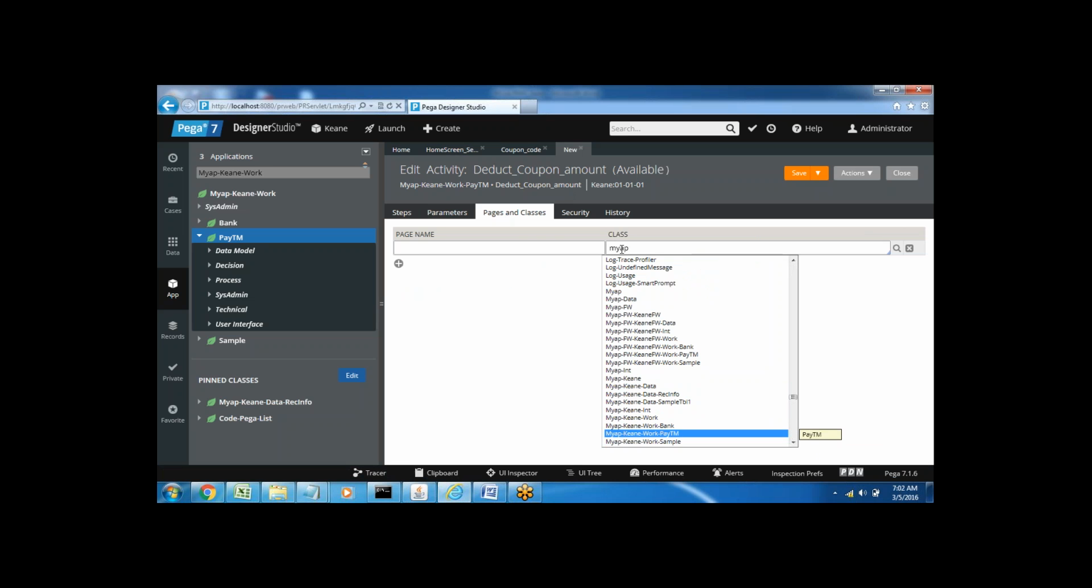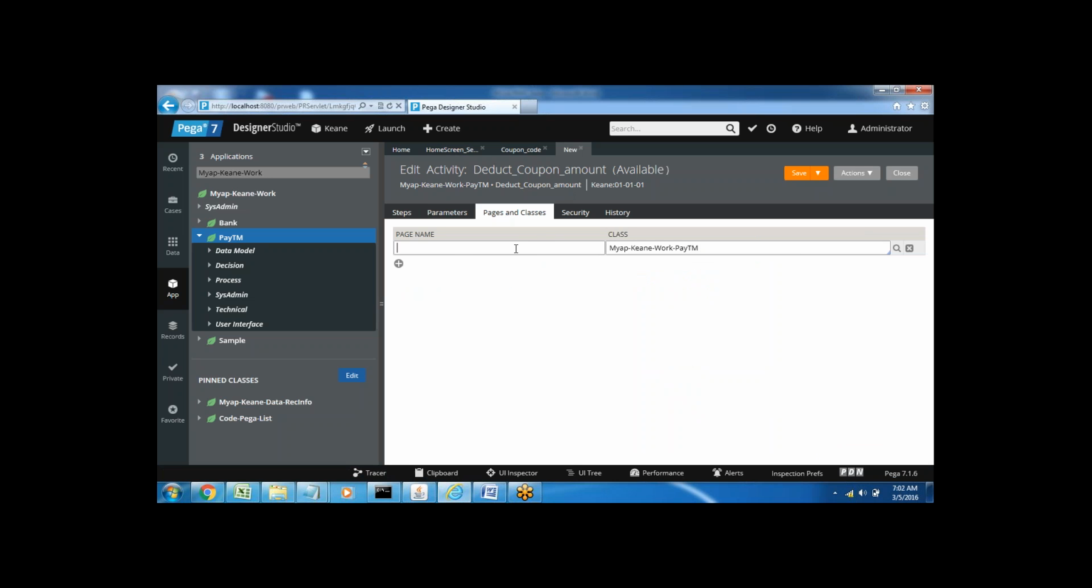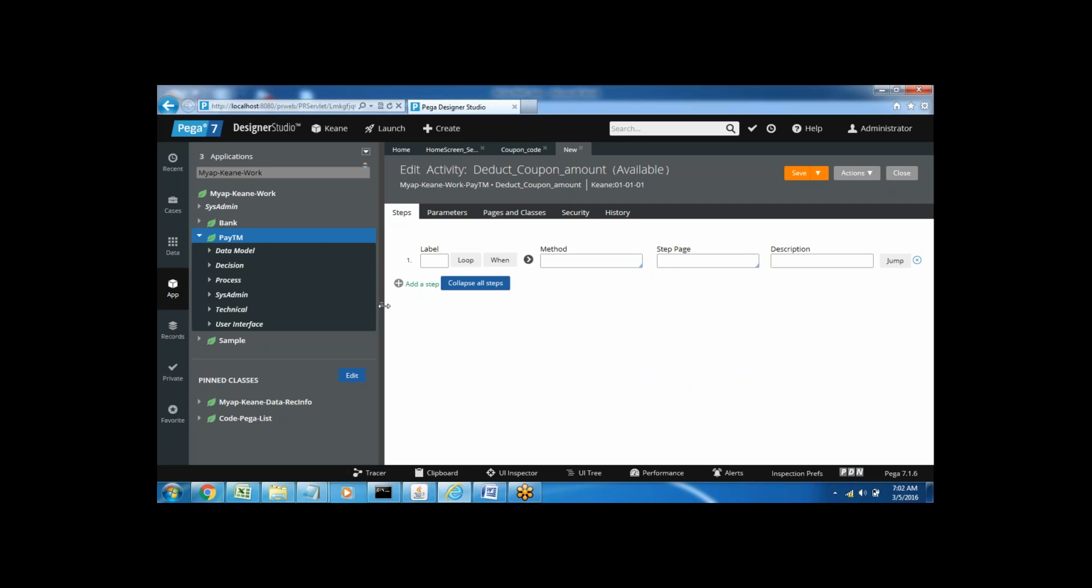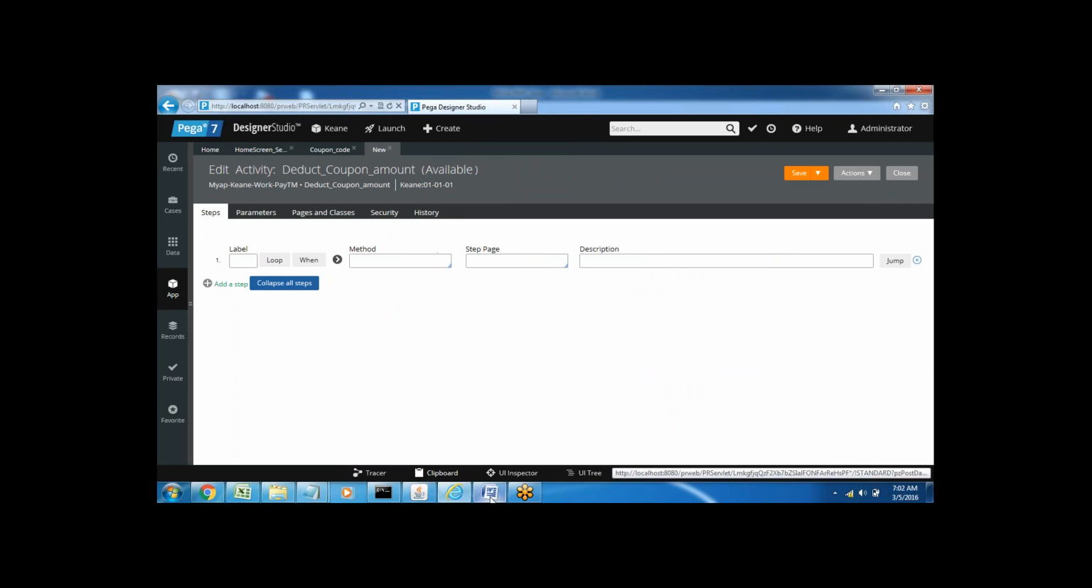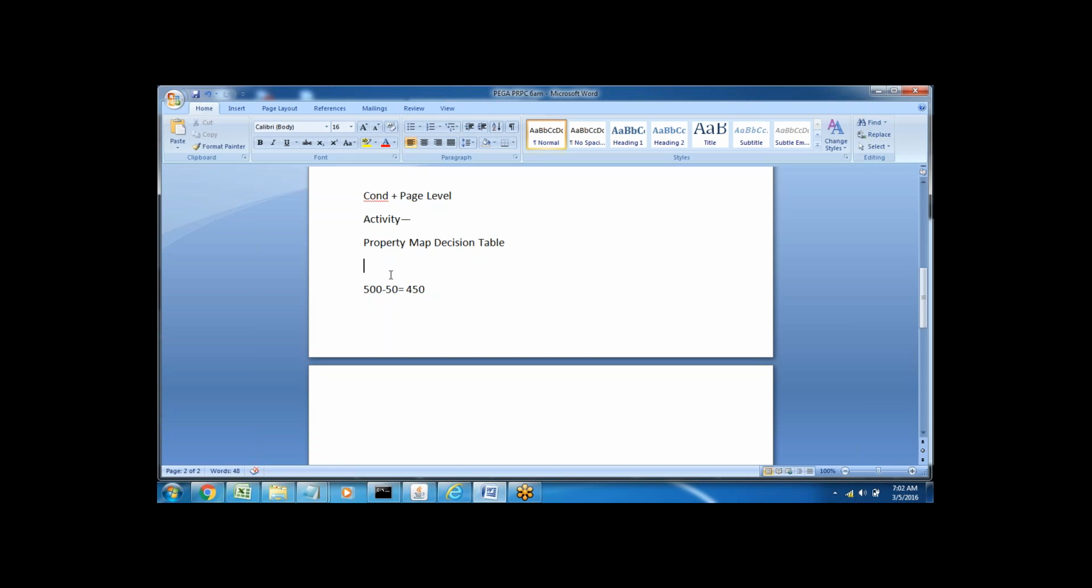Work PayTM, and the page name will be pyWorkPage, and no need to map any data class. I'm not mapping to any data class here. Now one more thing is here. So first step, we will use the property map decision table method, and in order to define this expression, the condition